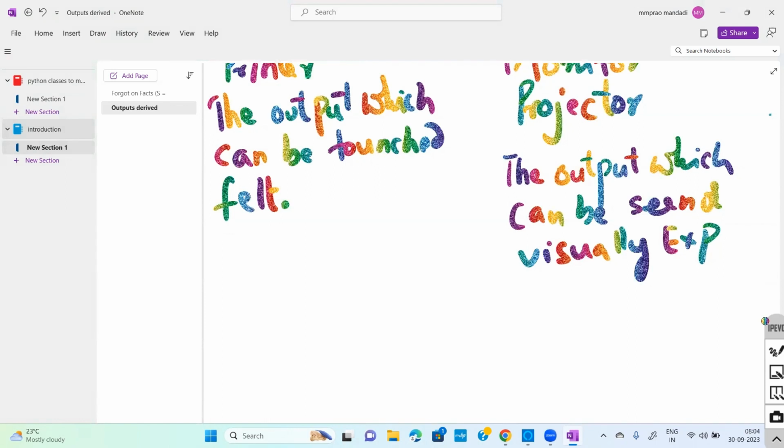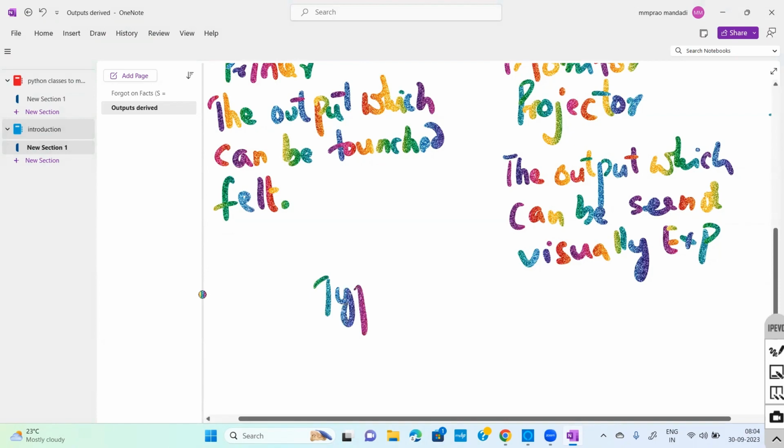Now, can you guess what types of printers are there in the market? We also have something called types of printers because we get